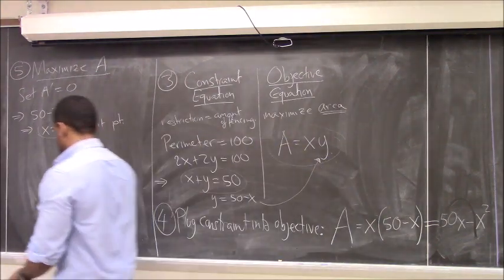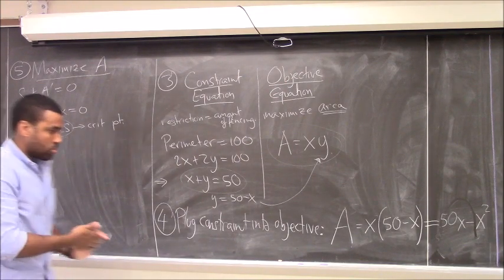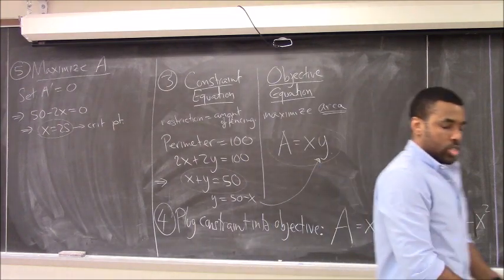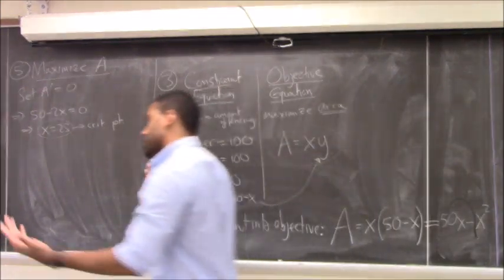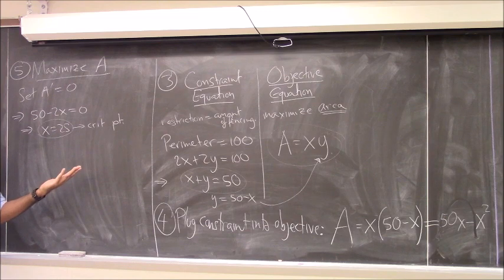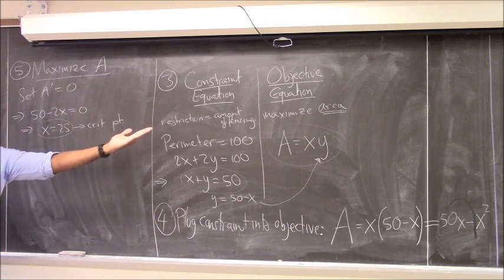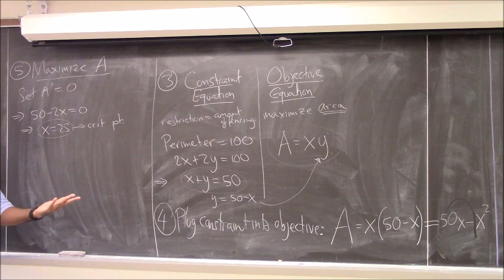So now, I want a different color. Couple issues here. Well, not issues, just some things you can take away from this. One, in a question, there's only one critical point. Odds are that's going to be the guy that's going to solve your solution, because who else is there to choose from? Right? But technically, at this point, we could have gotten several x values, and we have to do a test. So in general,